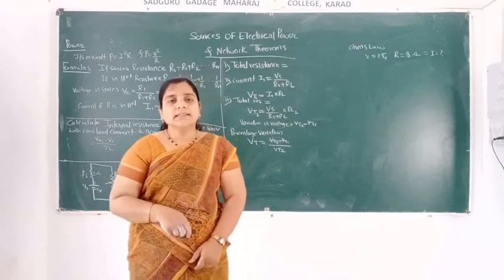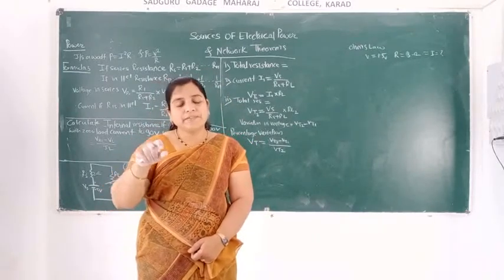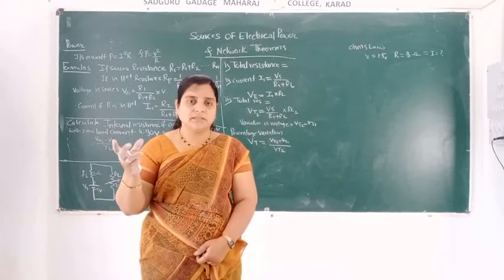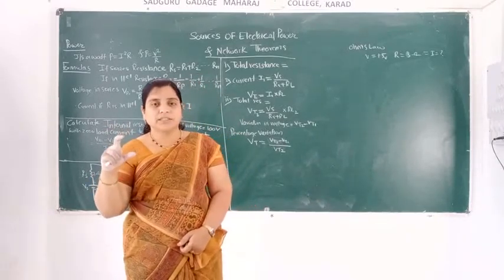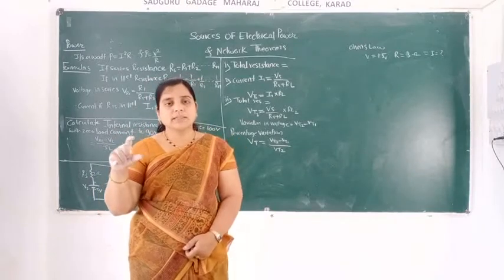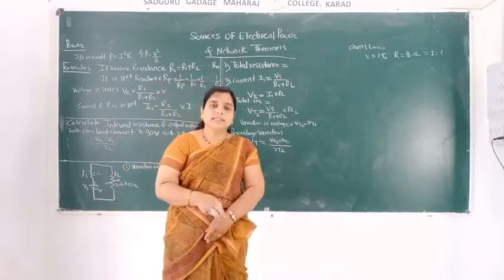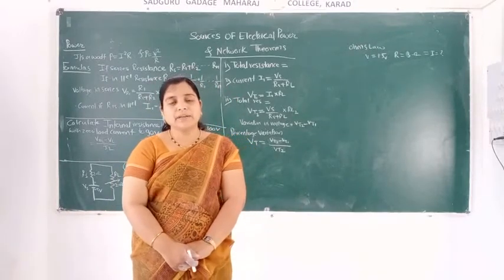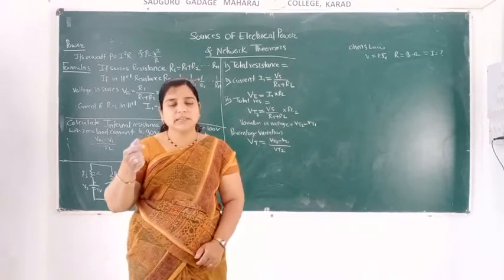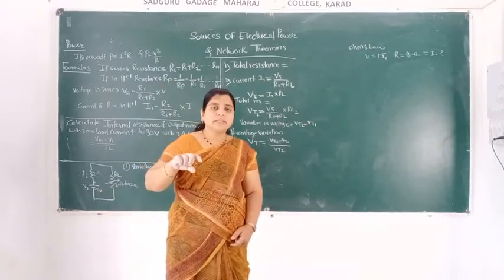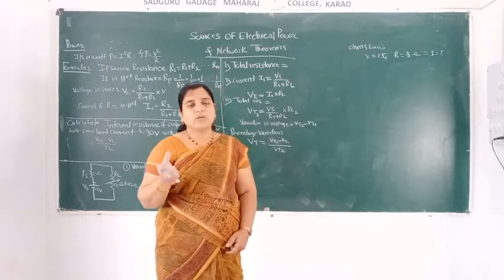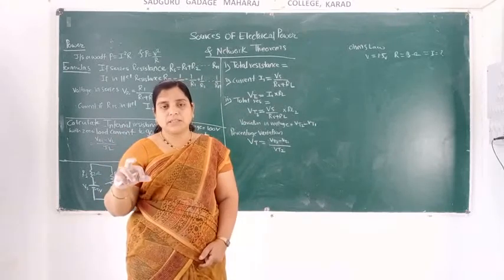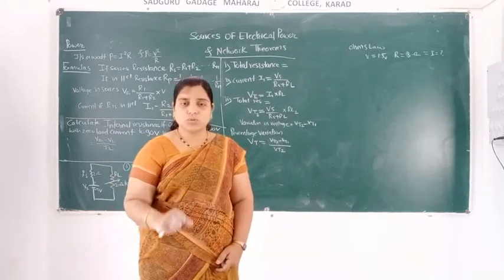In AC there is an alternator. Alternator means what? There is one shaft. If that shaft is moved, then it will change the current between 2 points. That is called the alternator in the AC, as well as in DC. DC similarly has one shaft. If we move that shaft in the clockwise or anti-clockwise direction, then its voltage will be changed between 2 points. That is the DC source.